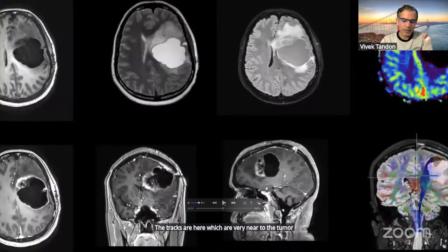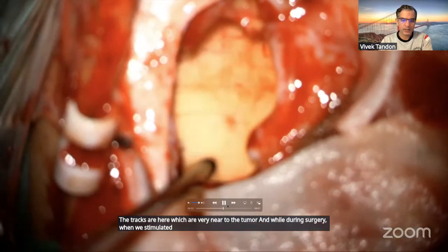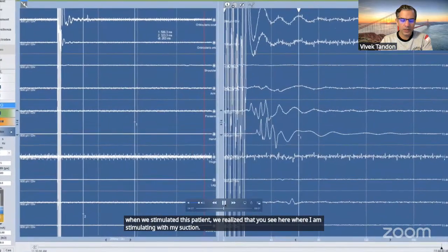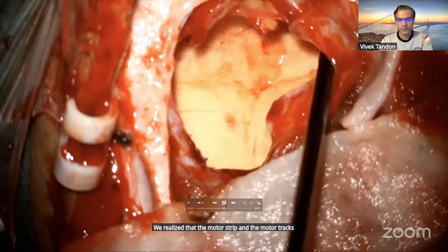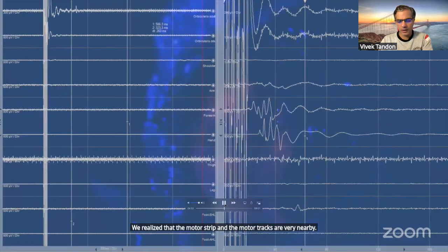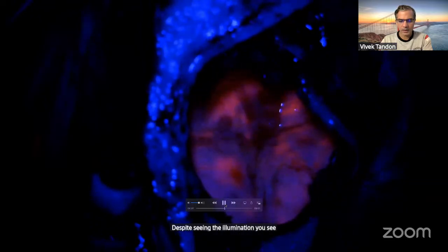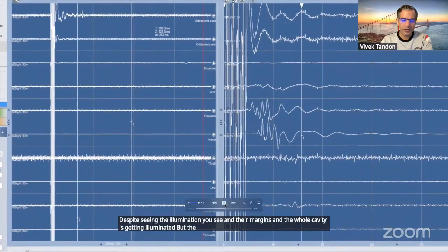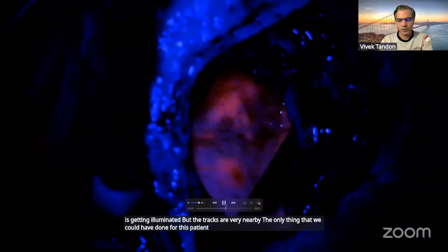And during surgery, when we stimulated this patient, you see here where I'm stimulating with my suction, we realized that the motor strip and the motor tracts are very nearby. Despite seeing the illumination, the margins and the whole cavity getting illuminated, the tracts are very nearby. The only thing that we could have done for this patient was remove the tumor which was in the